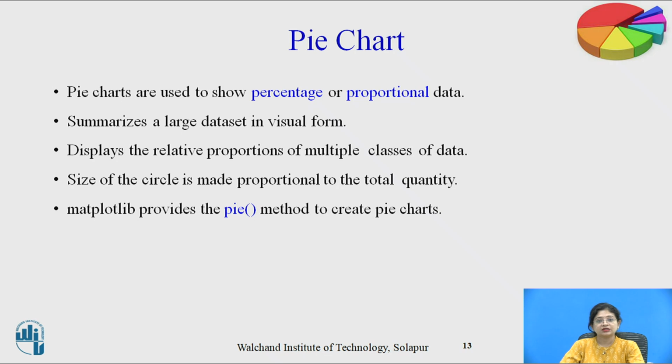Now let us see the third type of plot, that is the pie chart. Pie charts are used to show percentage or proportional data. There are various advantages of pie charts. A pie chart